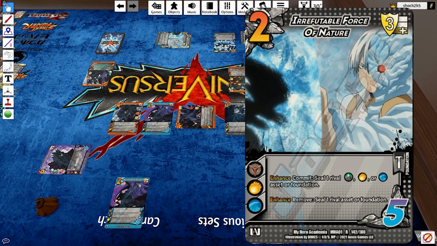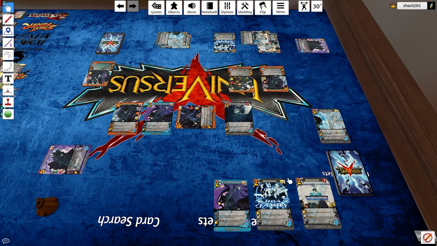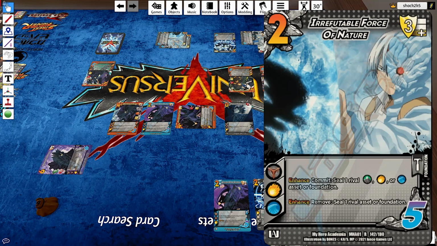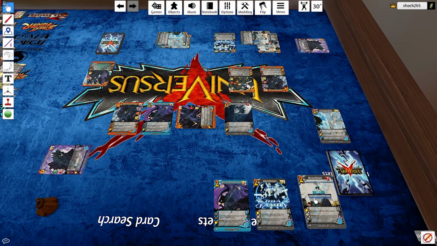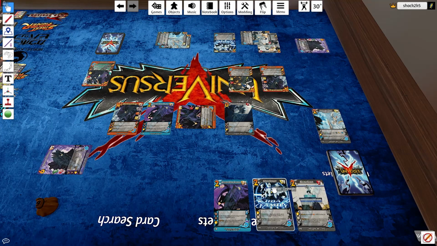I pass a 5. So at least I have a Stronger in Darkness in my card pool. Now there's no reason to play another card. I know the largest check that I can pass is a 5, and if I play a natural leader, then I'll have to pass a 2, 3, 4, 5, 6, and I cannot pass a 6 because I don't have a 6 check in my deck. So I'll leave it in my hand and I'll end my